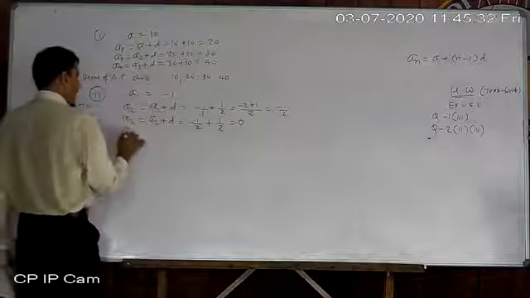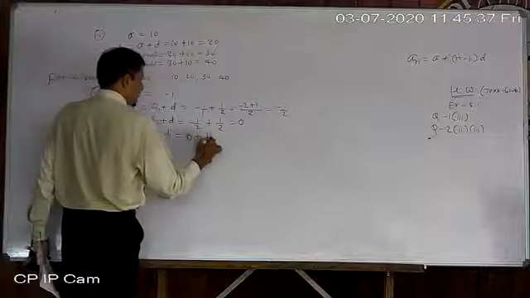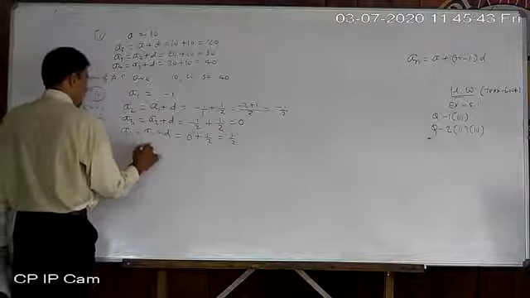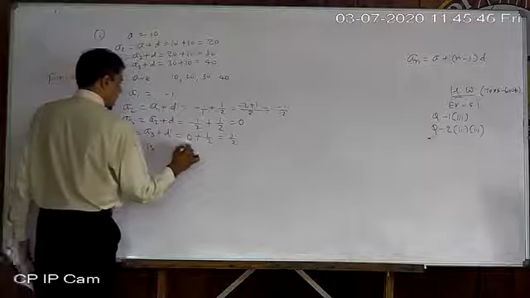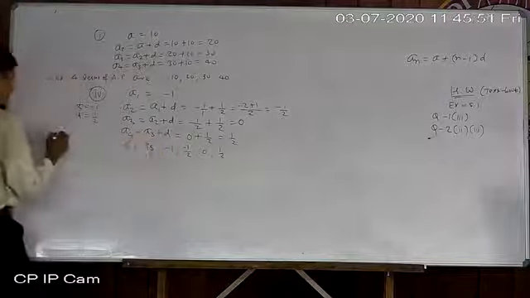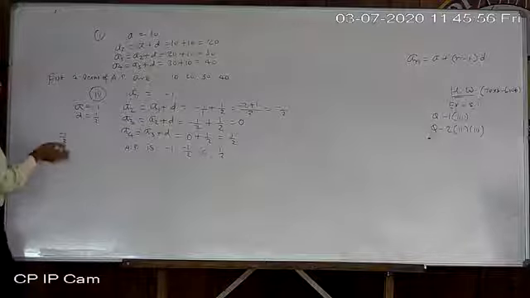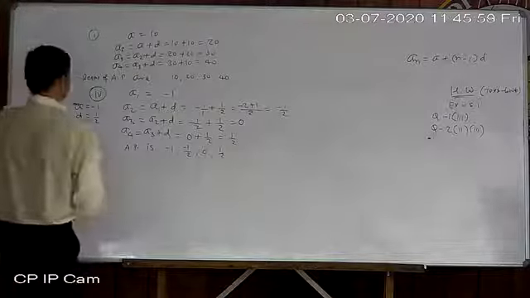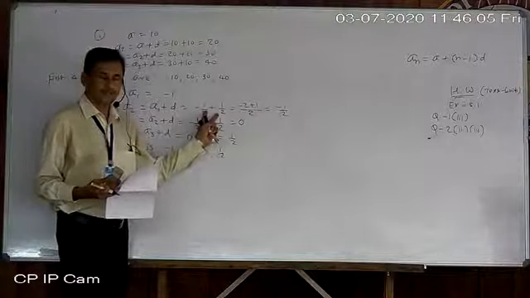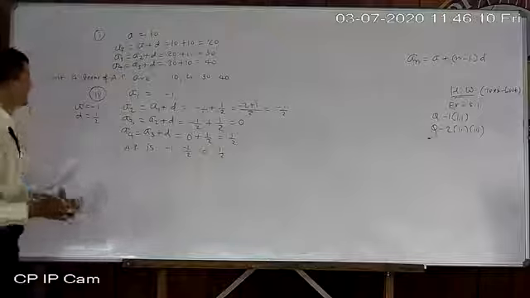Now A4 is A3 plus D. So 0 plus 1 by 2, obviously 0 plus 1 by 2 means itself. So write down the AP: the first 4 terms of the AP are minus 1, minus 1 by 2, 0, 1 by 2. Minus 1 by 2 you can write this way also, with the minus sign in the middle or in the numerator. Anyway, don't get confused due to fractions. If a fraction is there, just remember LCM or cross multiplication is required.